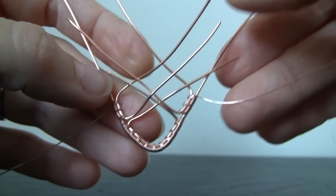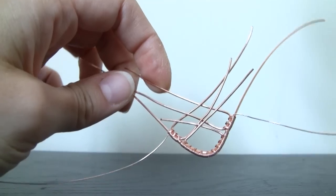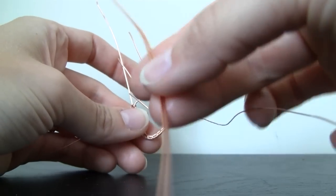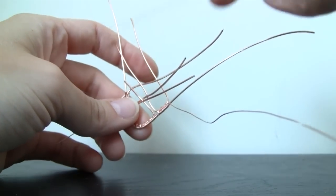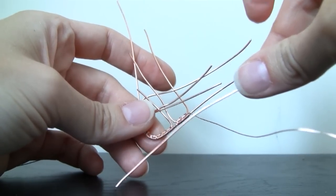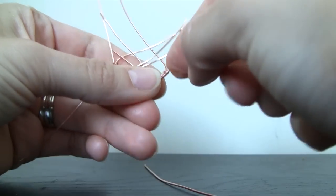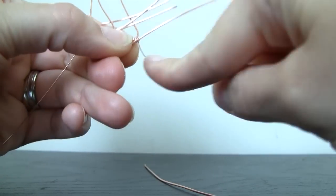So now we're going to get some more base wires to add. Alright, so the last addition of wires, I have 2 more pieces here, 20 gauge wire. These are a little longer, about 5 inches. I just wanted them to be extra long because they're going to turn into the bail, so I'm leaving myself a little bit here. Or actually, first I need to finish these wraps here. So that was 1, 2,